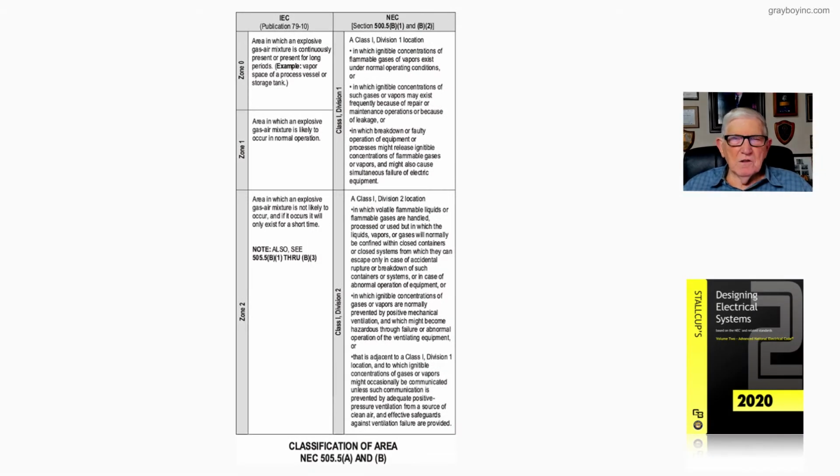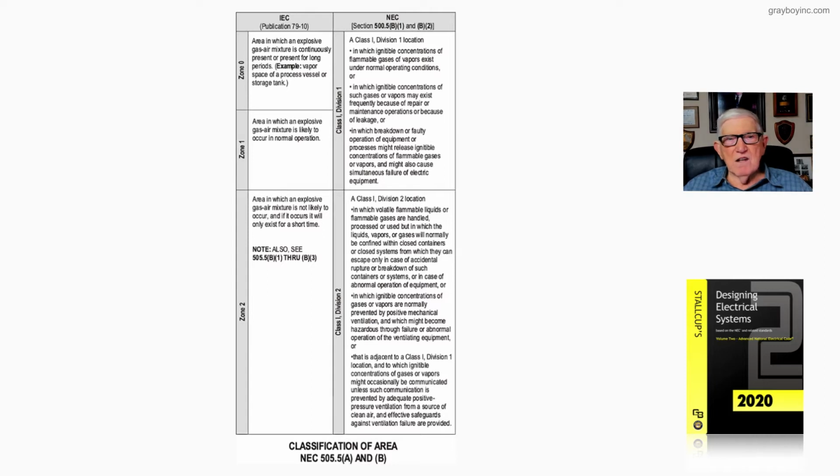Now let's take a look at this figure 21-68, and it deals with the classification of area in accordance with 505.5a and b. Now notice the IEC Zone 0 to the left of the illustration. It's from publication 79-10 of IEC, and it talks about a Zone 0 as an area in which explosive